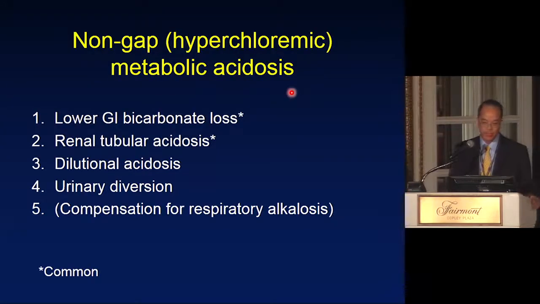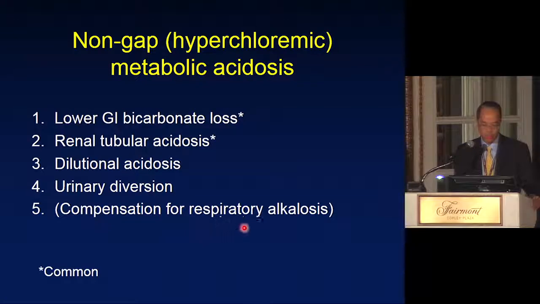Okay? So, non-GAP metabolic acidosis is often also called hyperchloremic metabolic acidosis. So the idea is the bicarb is low, but the chloride is high, so the anion gap is normal. And by far the most common causes of these are lower GI bicarbonate loss, so diarrhea or lower GI fistulas, and renal tubular acidosis. But there are a number of other causes that are worth remembering: dilutional acidosis, urinary diversions,